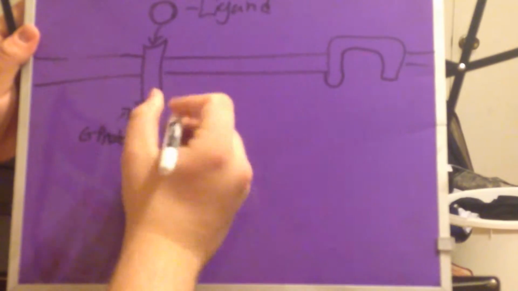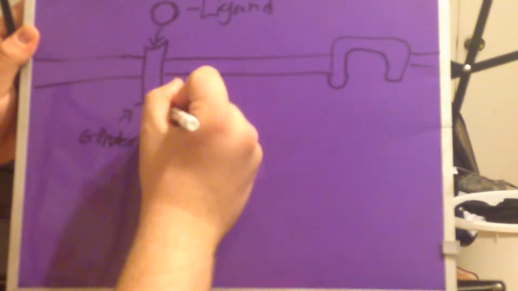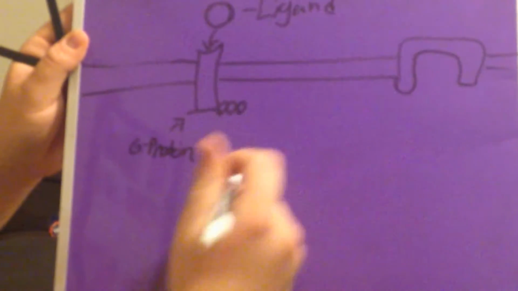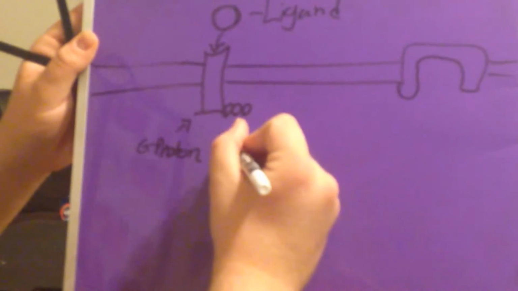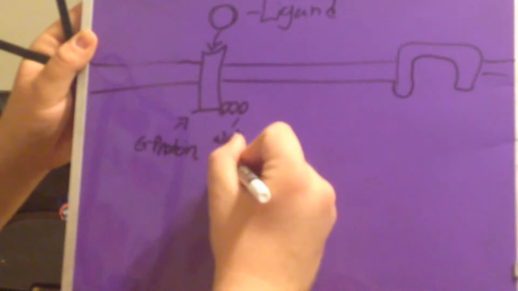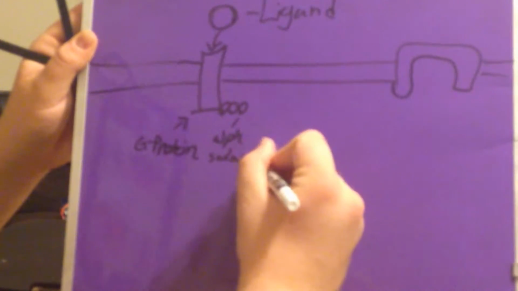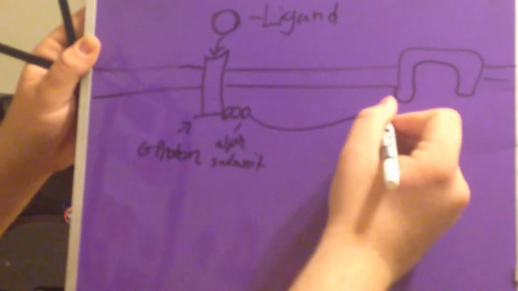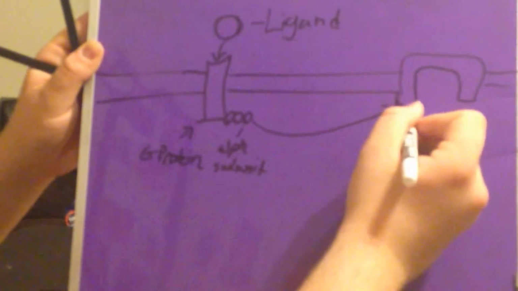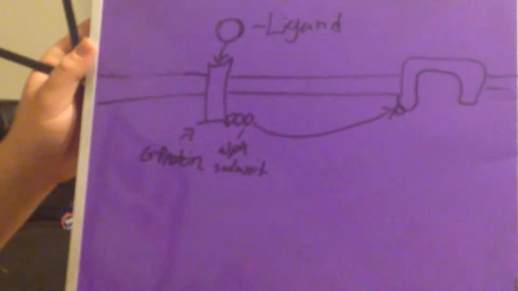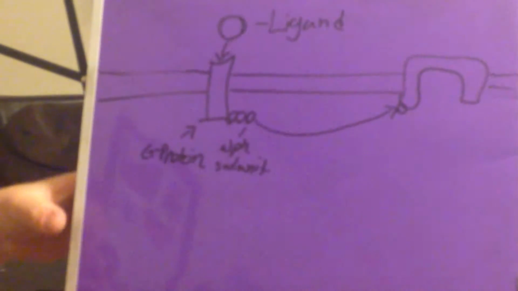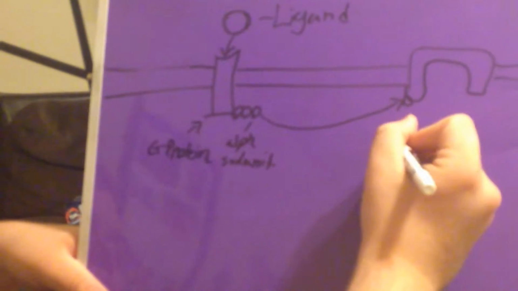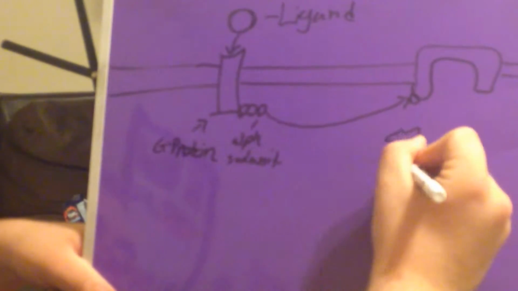And when that happens, when the ligand connects to the G protein, it has these subunits connected to it. And this first subunit, called the alpha subunit, will phosphorylate off of the G protein and connect to the adenosine kinase protein. And what it'll do from there is it will take ATP